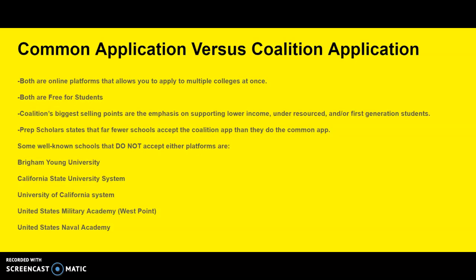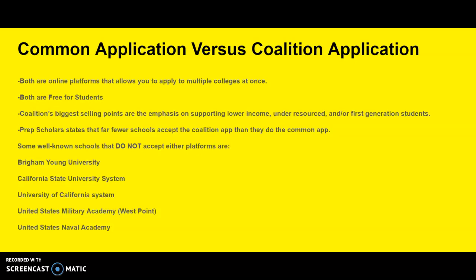Before selecting your application process, please create a list of colleges or universities you would like to attend and make sure that either application platform is supported by your schools. The Coalition's biggest selling points are the emphasis on supporting lower-income, under-resourced, and/or first-generation students. However, according to an article by Prep Scholar I just read, far fewer schools accept the Coalition app than